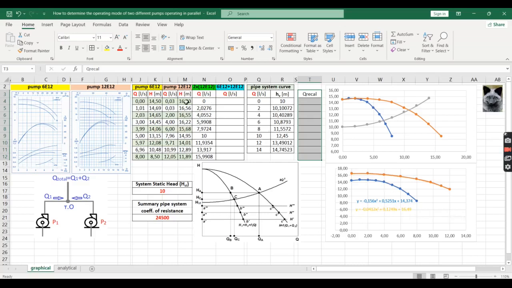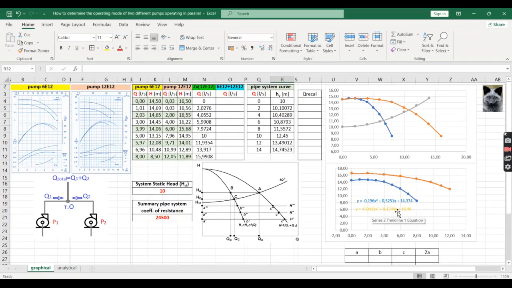So for this value of the head, like any other values of the head, is related to the relevant values of the flow rate. But now we need to recalculate all these values in respect to the head values concerning pump 1. For this aim, we have to solve the quadratic equation describing the relevant pump head curve,